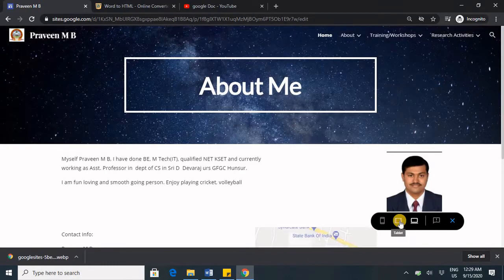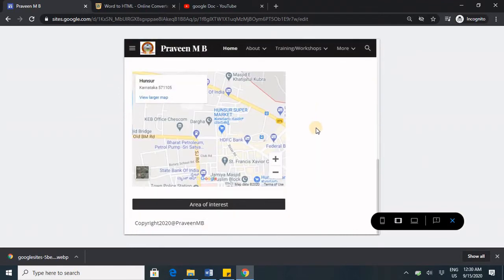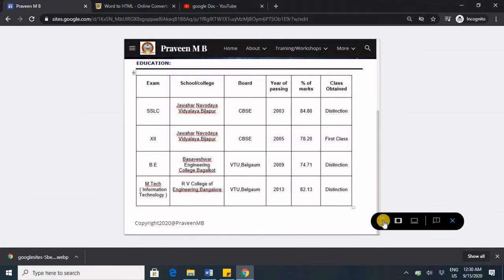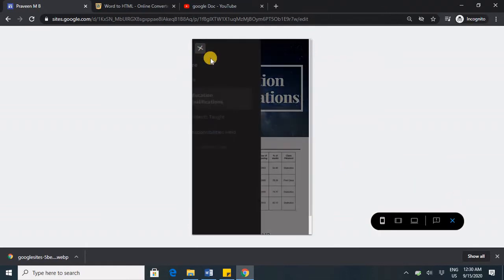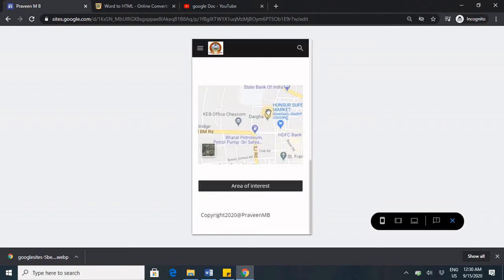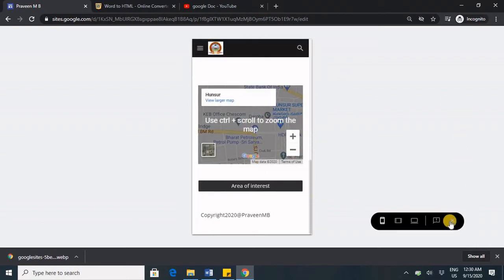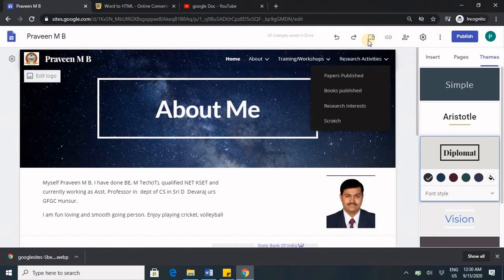But whereas if you go to the tablet view would be something like this. And if you go to mobile phone, this would look like this. So we can preview how it looks in different devices.